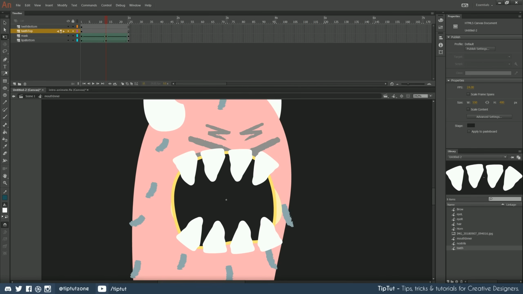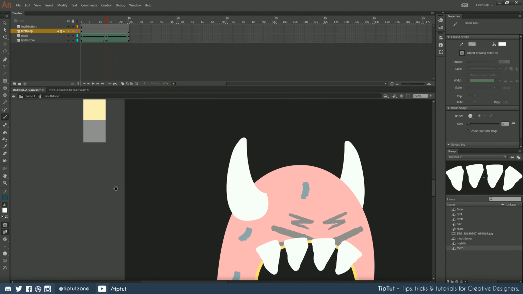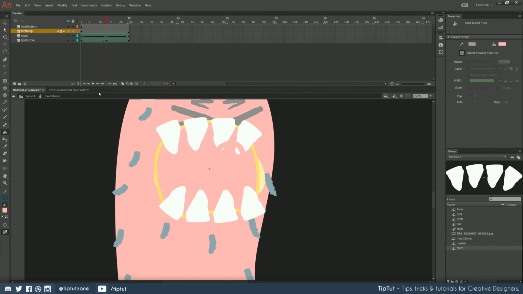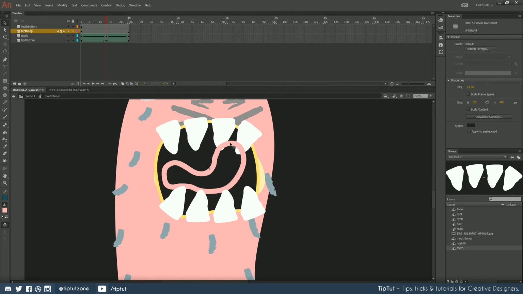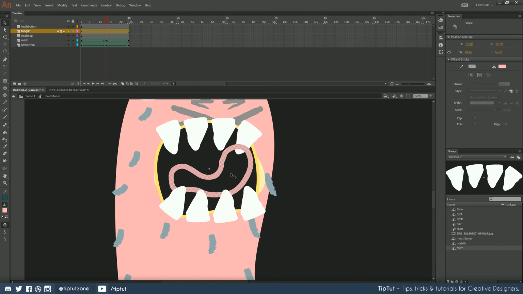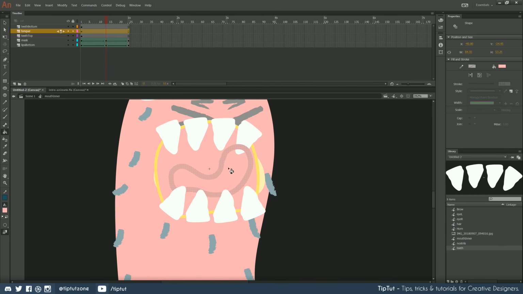We now need to draw the tongue, and that's going to be a nice wobbly one. Let's have the tongue be the same color as the skin, so I'm just going to sample that, but a bit lighter, and just go like that. That looks rubbish. Let's have the tongue do this. There you go. That looks pretty good. Fill in this. Oops. Put the tongue on its own layer first. Called tongue. And then I'm going to fill it in.